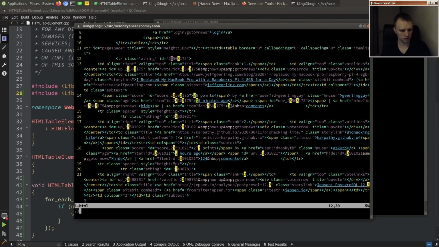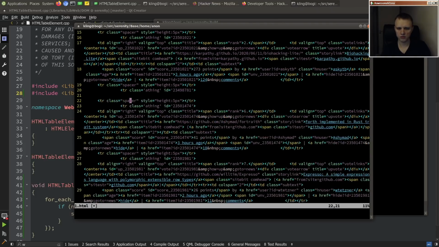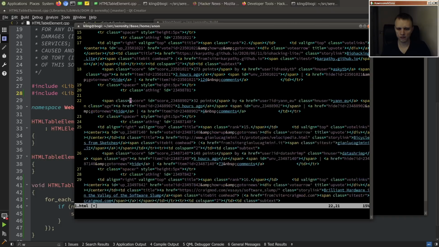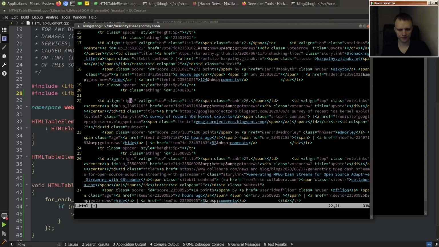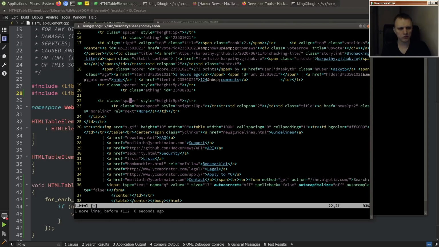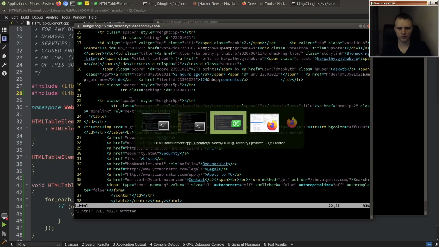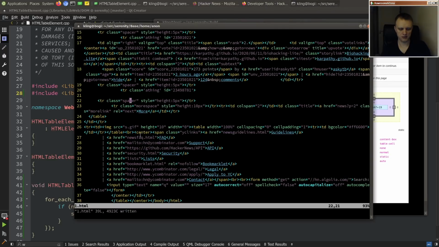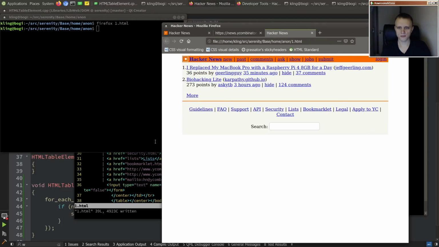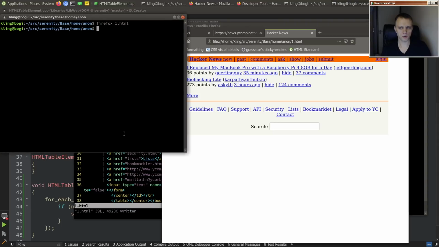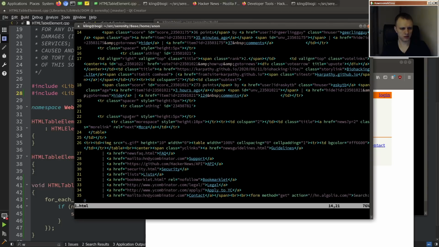So where is the 3 dot here? So I think, yeah, we can just get rid of most of them. How many stories do they have? Oh, I guess 30. So let's see how this would look. It's a bit better, a bit more manageable. And let's see, where's the